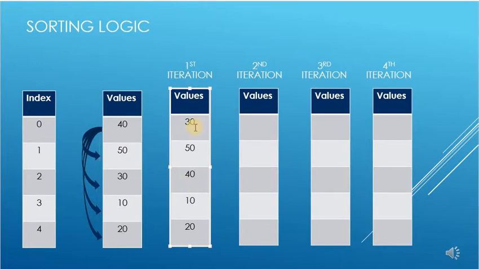Now in the next iteration, the 0th element will be compared to the third element. Again the value of the 0th element is greater than the value of the third element, so again the values will be swapped, 10 and 30. Now the 0th element will be compared with the fourth element. The value of the 0th element is lesser than the value of the fourth element, so swapping will not be executed. So we can say that at the end of the first iteration, the smallest value will be set to the 0th